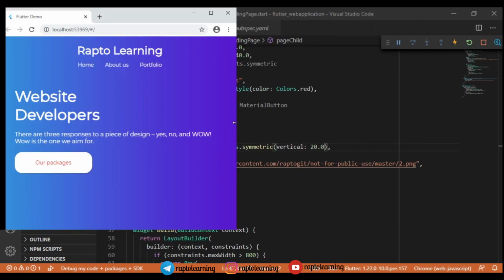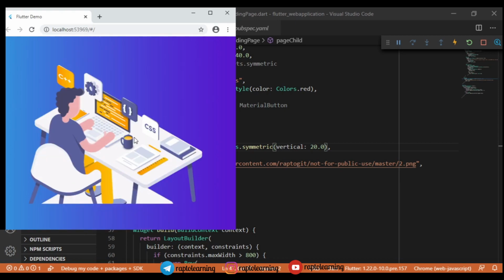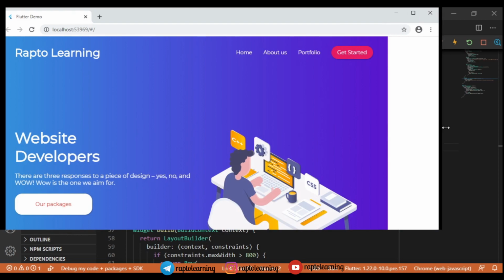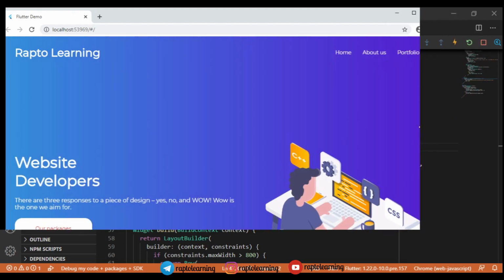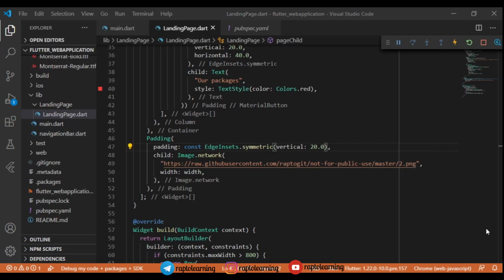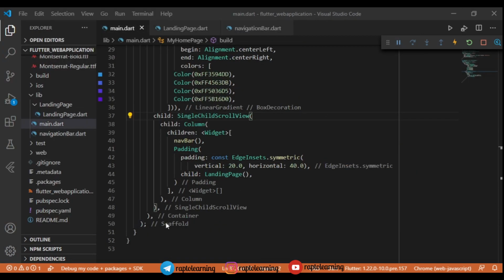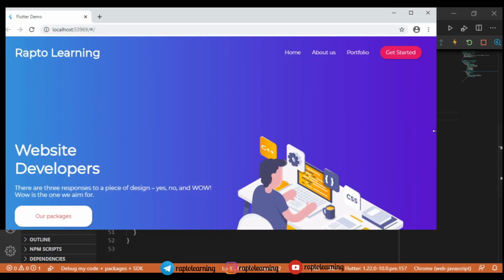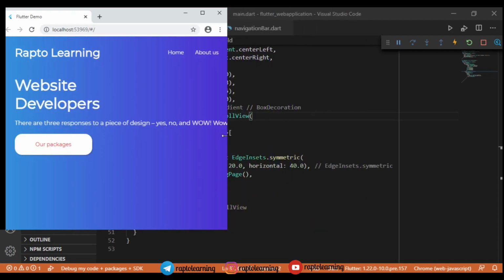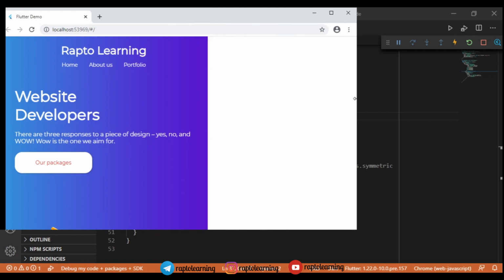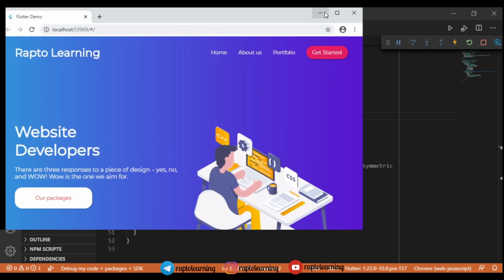So let's reload our app and let's see. So yeah, now it is looking like it is fixed and it is looking more awesome. It is looking fine. So you can also add all these options. Our website is looking fine, right? It is looking as I have shown in the starting. So yeah, I will push this project to GitHub. You can make changes, you can do anything you want with this web app, right? It is very simple.